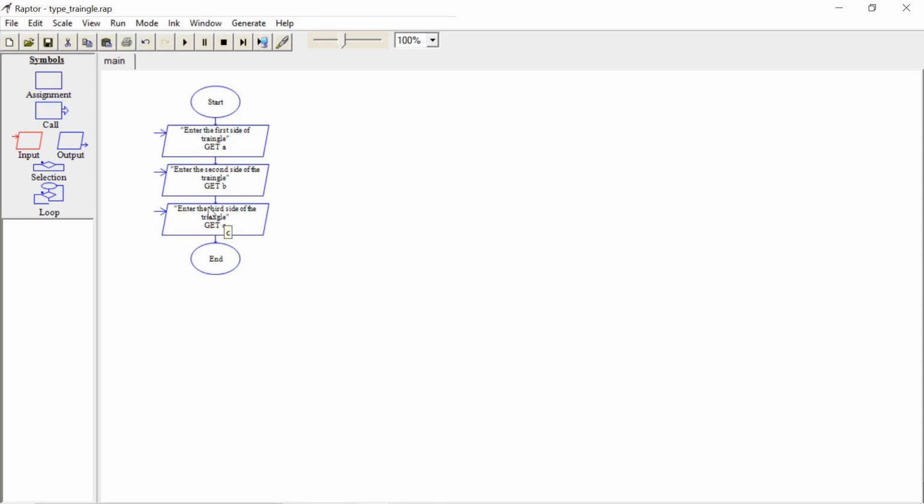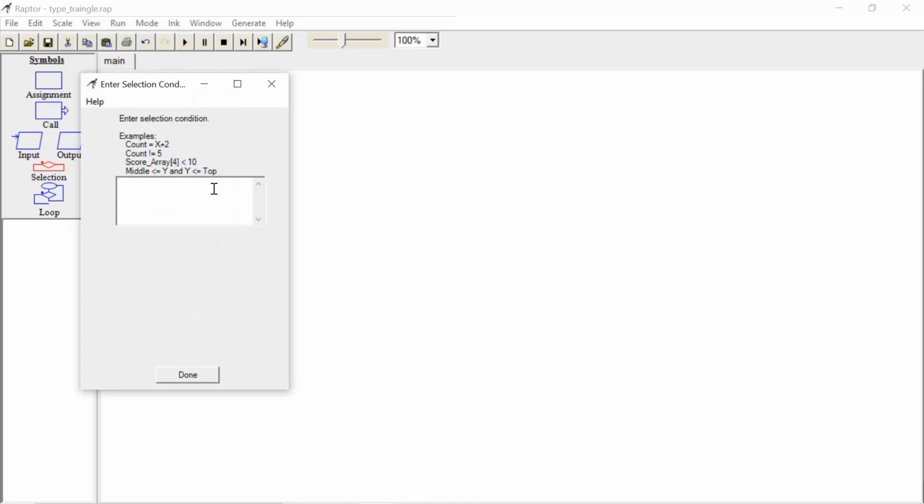Generally there is a rule. If you want to check whether the given inputs form a triangle or not, first we need to select this selection box. Just drag and drop here. So you need to write the condition. Right click, click on edit. If any two sides are greater than the third side, then it's a triangle. If not, it's not a triangle.